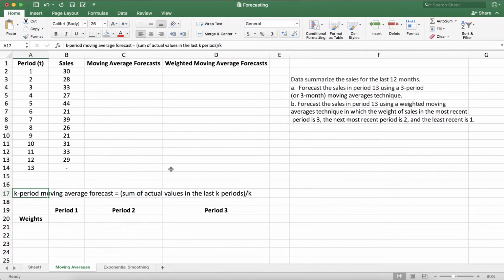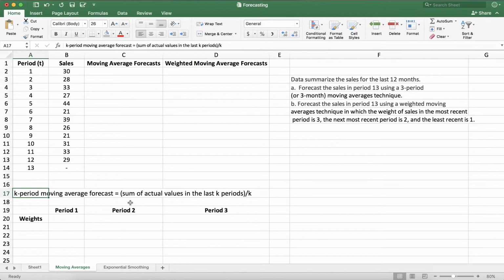And what I mean is the question will tell you, or you're going to decide, that you're going to use K-period moving averages. That K may be a different letter depending on the textbook or the lecture, but usually, for example, 3-month moving averages, 5-year moving averages, 6-year moving averages, and so on. So you will always see a number like that. And if I say that I'm calculating a K-period moving averages